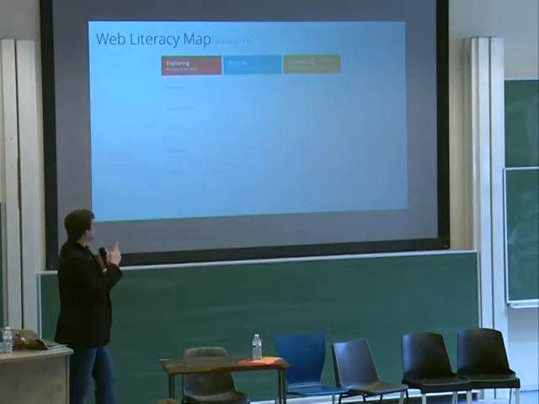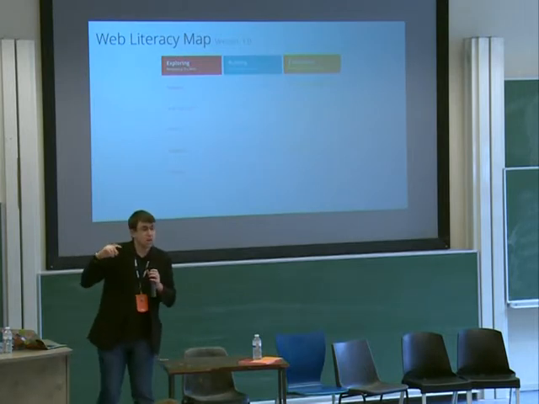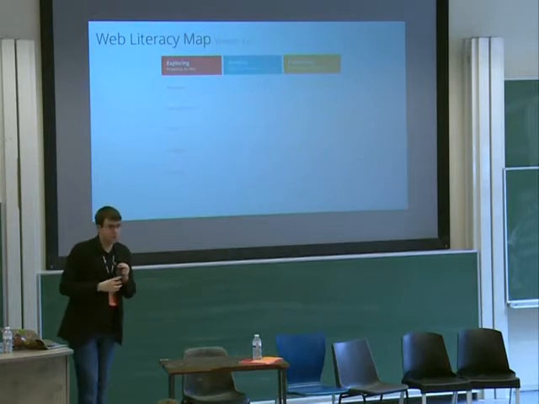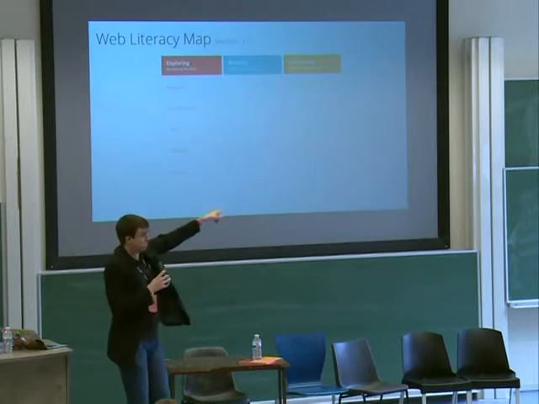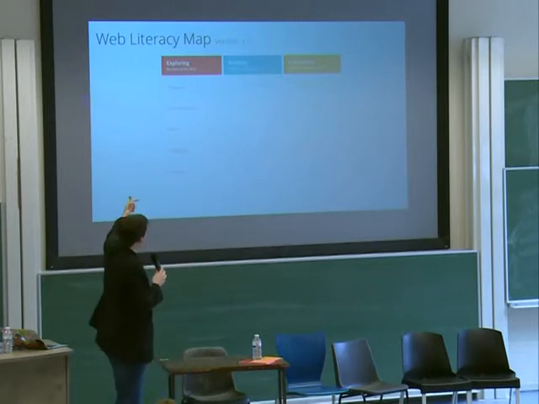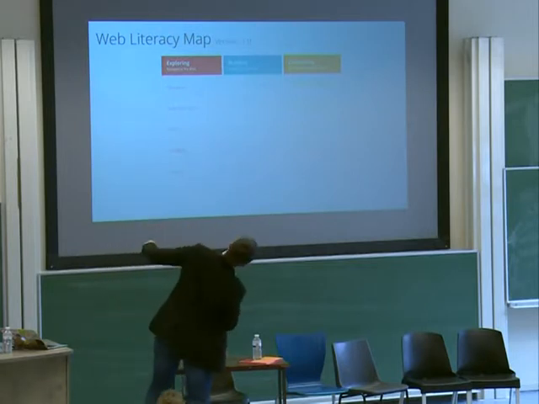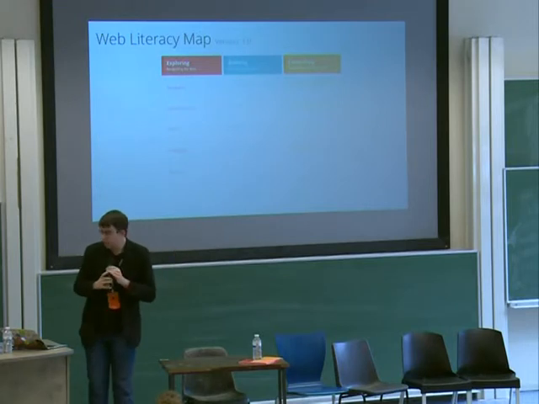So this is the web literacy map. I'm not going to go into detail. It's something that was created by Mozilla to try and map out what you need to know to be web literate. You've got columns, which are strands, and they relate to 3 things: exploring, building, and connecting. And within those, you've got things like navigation, search, privacy. I don't know if you can see that on this screen. I can't. So go and look this up. But this